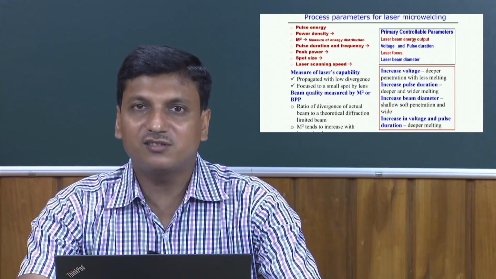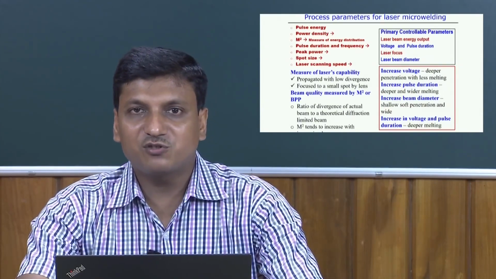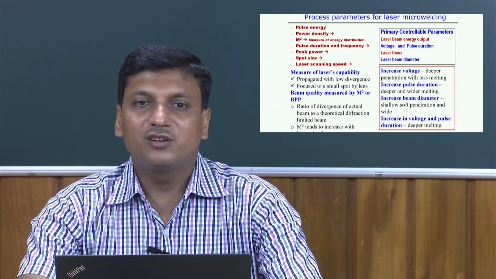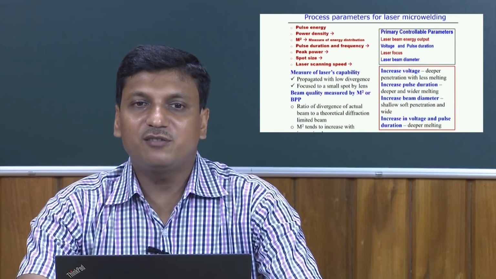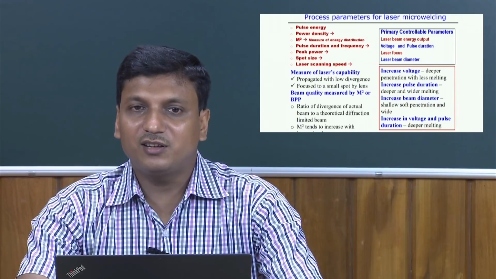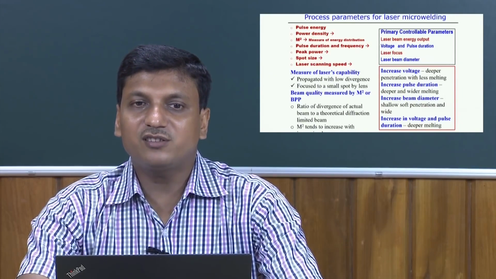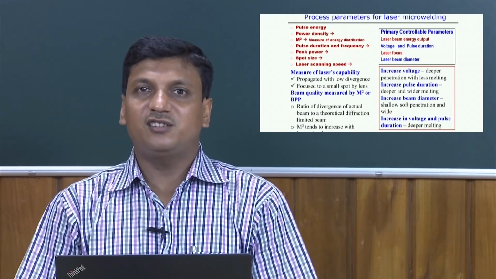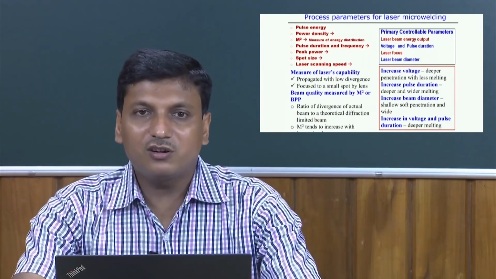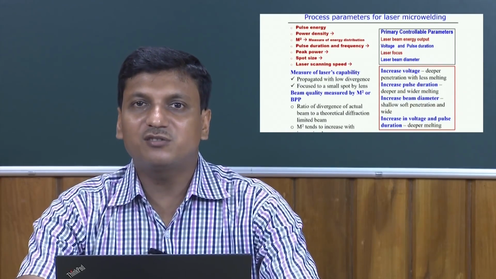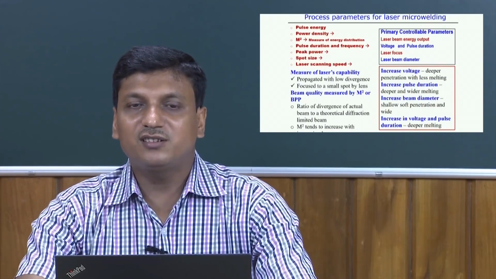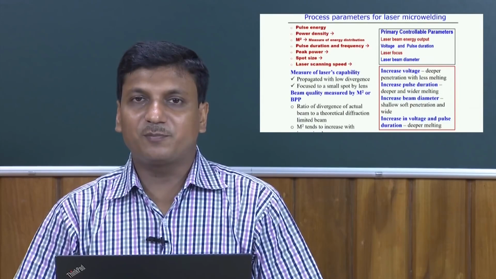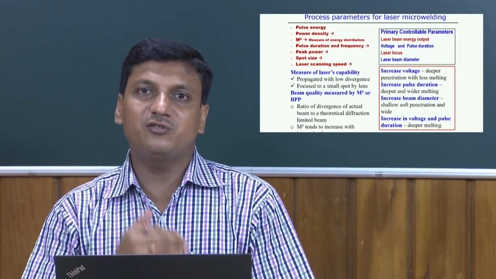Of course, laser beam quality is measured by the M square value or the BPP value. So, the ratio of the divergence of the actual beam to the theoretical diffraction limited beam is the measure of the M square, and the M square tends to increase with increasing laser power. So, basically M square decides the different modes, and the BPP is the quality, that means BPP is measured in terms of the laser divergence angle. So, all these parameters are very much sensitive in any manufacturing process